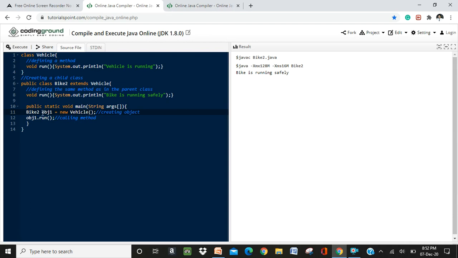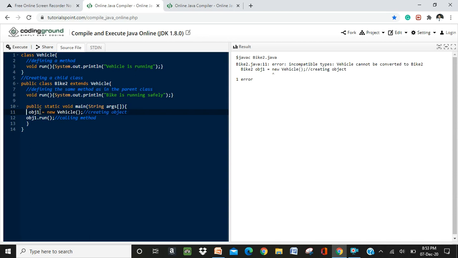So the child referential variable is referring to the superclass object. Let's see how it works. Okay, so we got an error: Vehicle cannot be converted to Bike2. Whenever we try to interchange like this, we cannot interchange between the child class and the parent class.